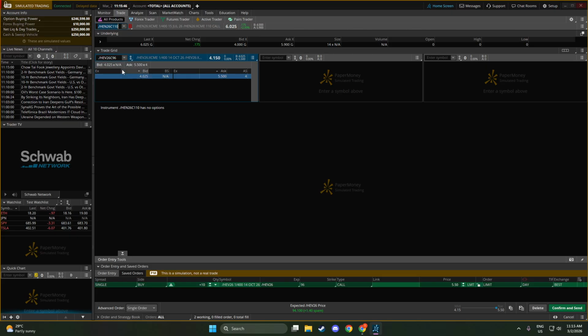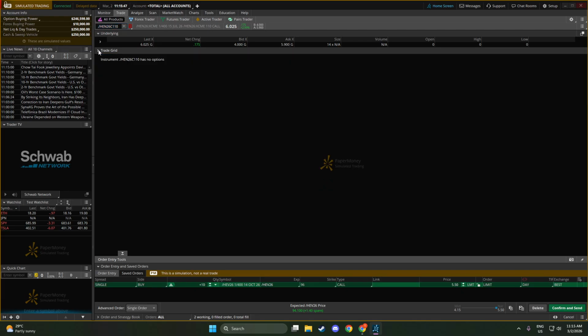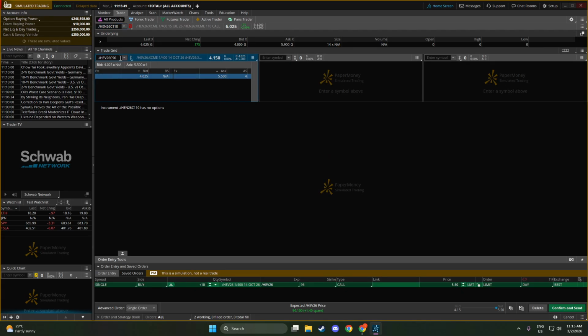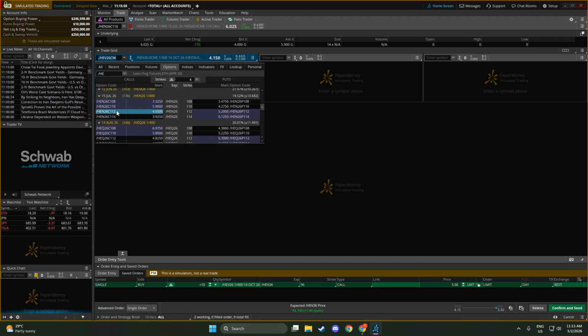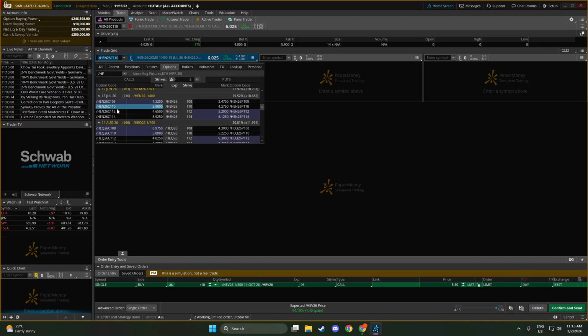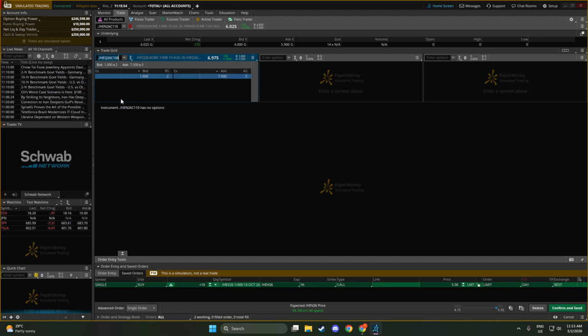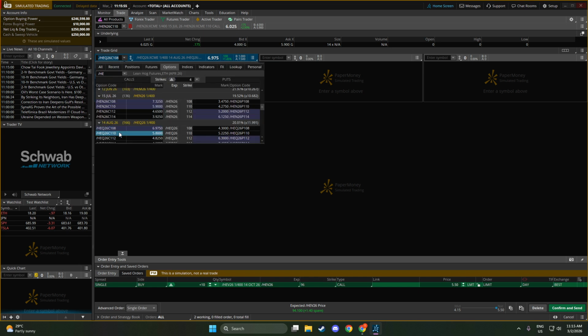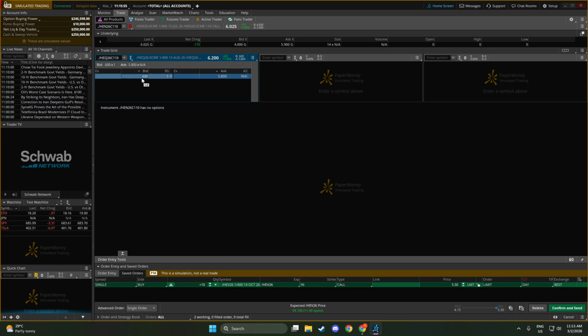Choose an expiration that matches your plan. Shorter expirations decay faster and react more to near-term moves. Longer ones give you more time, but usually cost more. Next, pick a strike price. The strike defines the price level of the option, and in-the-money and out-of-the-money strikes are visually differentiated to help you